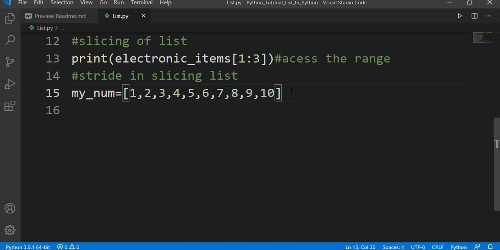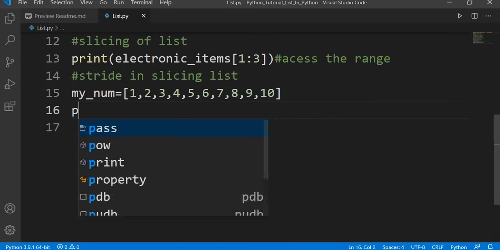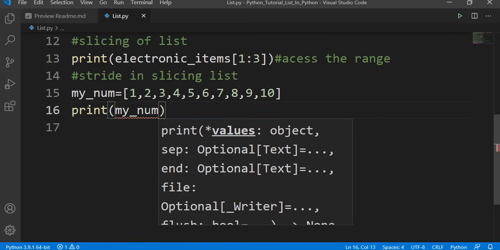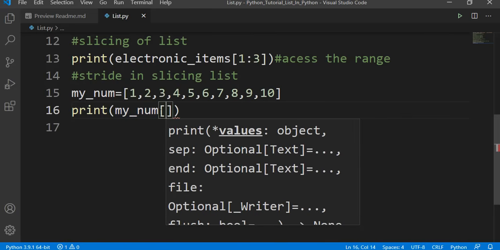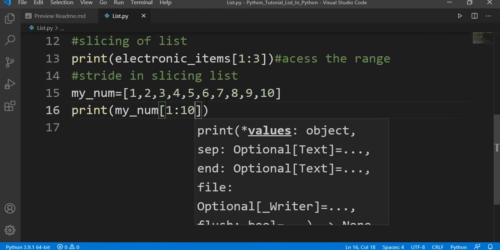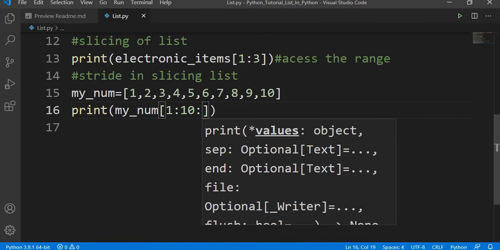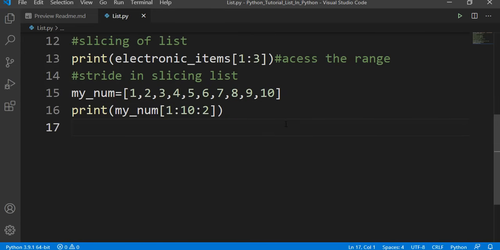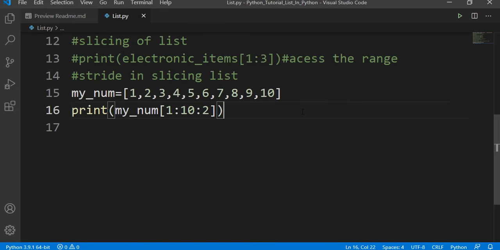How can I make use of this stride parameter? Let's print my numbers, and we have a syntax like this: give square brackets, and if I want to print numbers from 1 to 10, I give 1 to 10 and then I give the stride value as 2. Now let us check what gets printed.